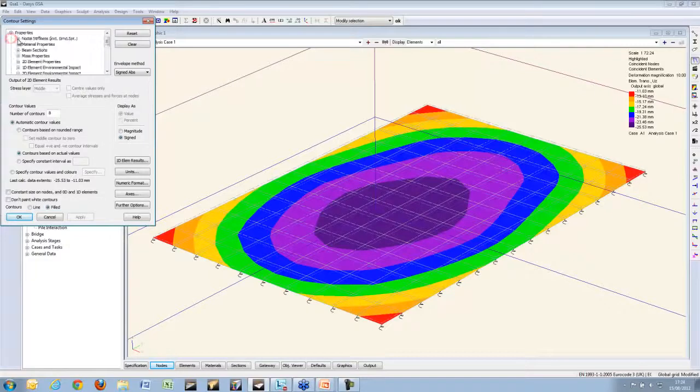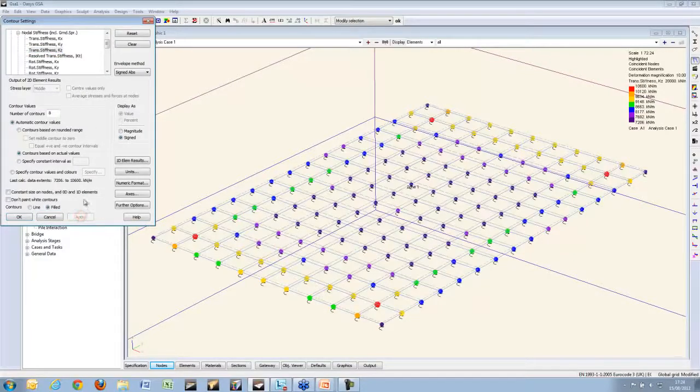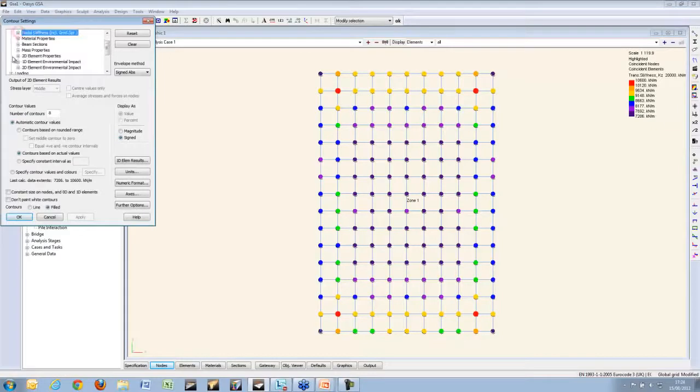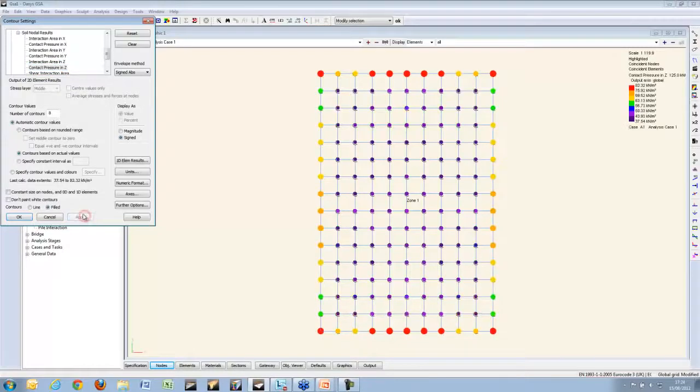This is because, let's look in plan view here. The stiffnesses of the soil underneath each point increases as you go towards the edge. Now you note that in this case it drops off at the very edge because these nodes have got a smaller contact area and therefore lower overall stiffness. But it does mean if we look at the soil contact pressures,